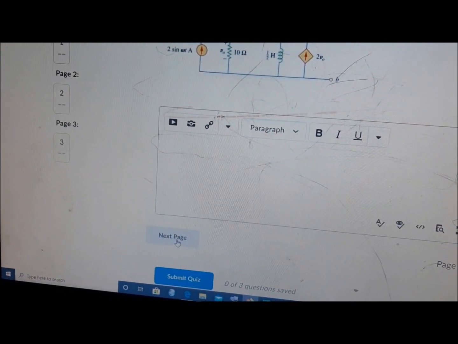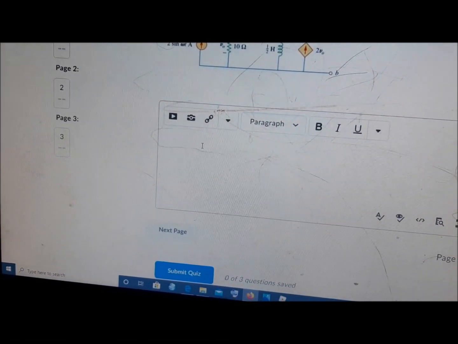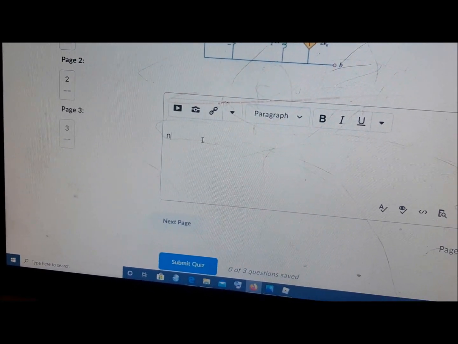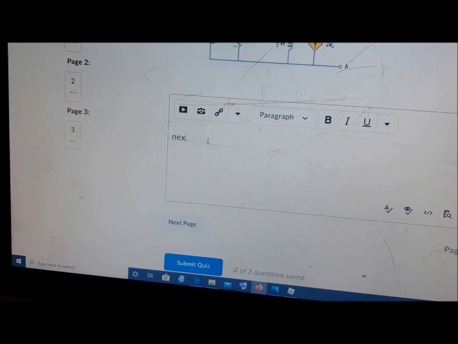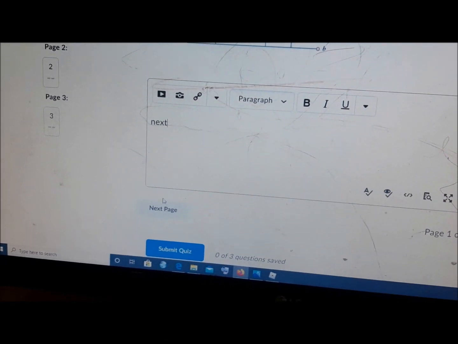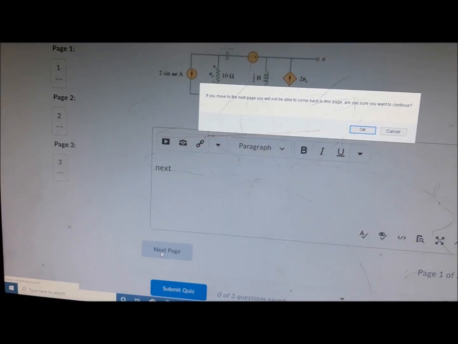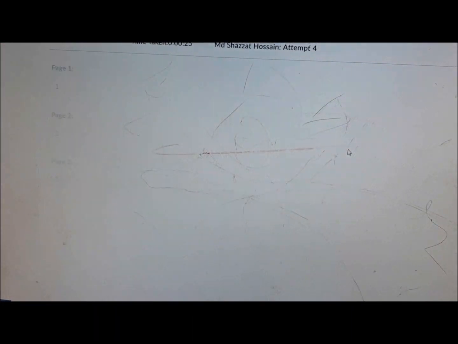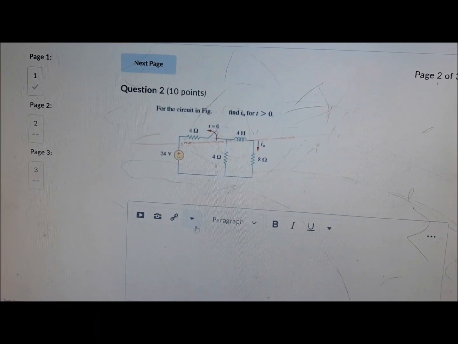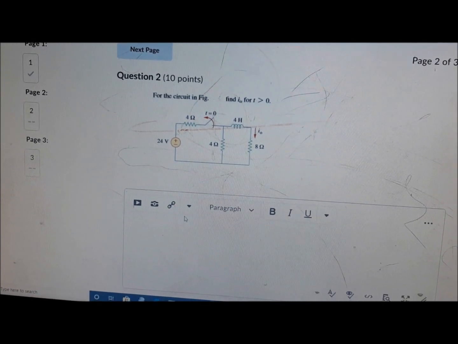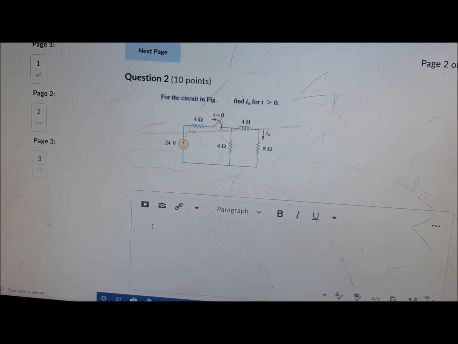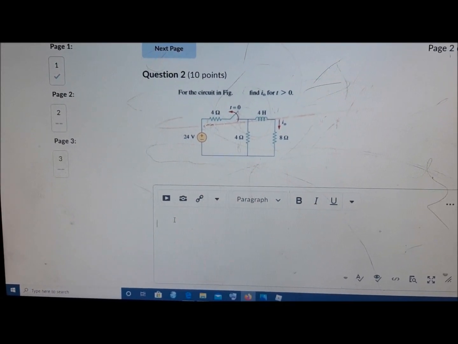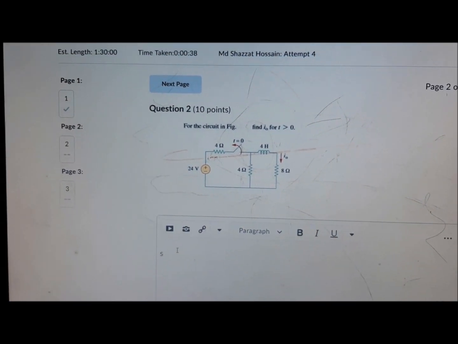If you solve this first question on a piece of paper, then take a snapshot and click on this. In this case I just type the answers here, or you can skip this, then go to the next page. Here let's say you don't know how to solve this question, so you can write something here